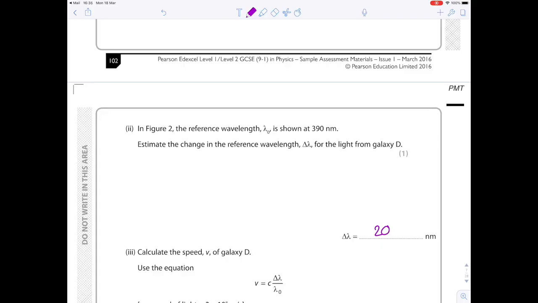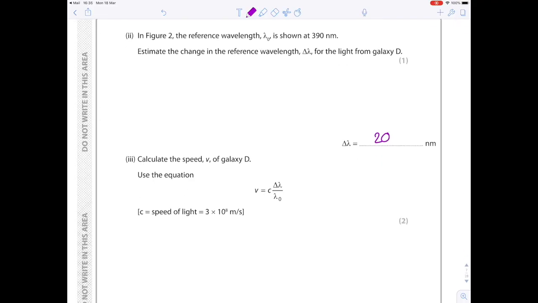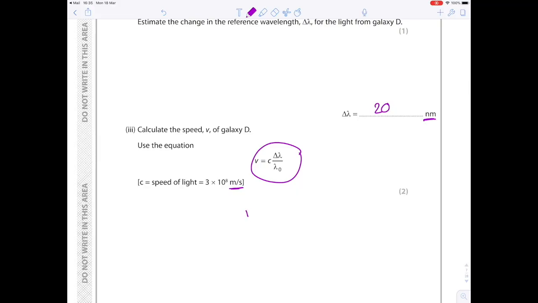Calculate the speed v of galaxy D. Use this equation. We've been given the speed of light, and just be really careful with your units because we've got nanometers up here, meters per second here. So actually, although they've given us the equation, we do need to just be a little bit careful. So I'm going to write the equation out. V equals c delta lambda over delta 0. C, we've been told, is 3 times 10 to the 8, so that's the speed of light. And according to this equation, we need to multiply it by delta lambda, which we've just worked out in the question above, is 20 nanometers. And then be careful, you need to convert nanometers to meters,